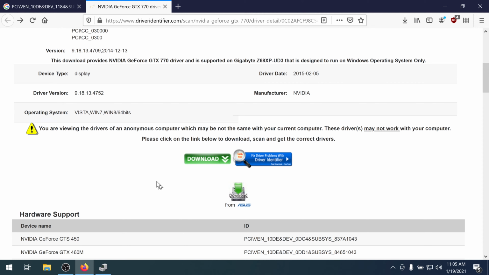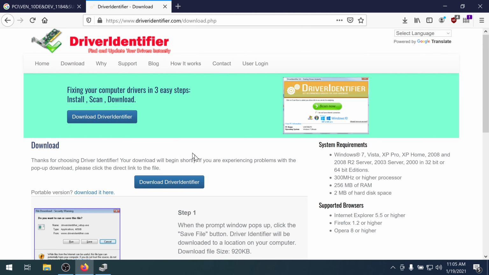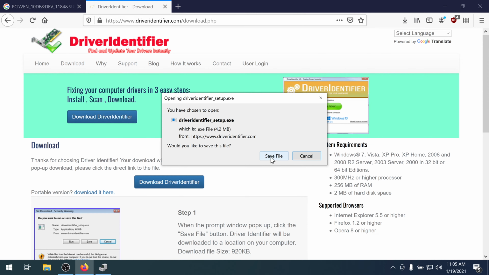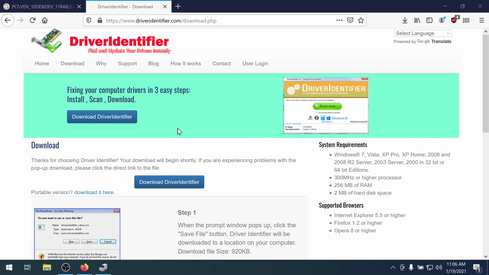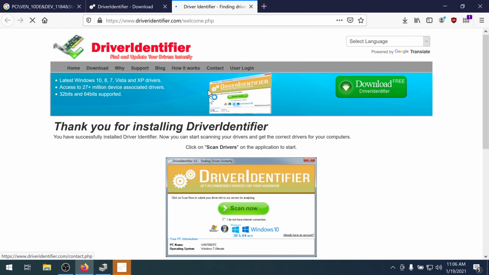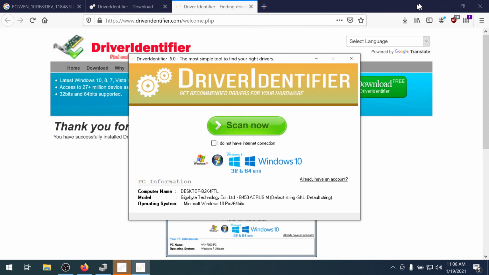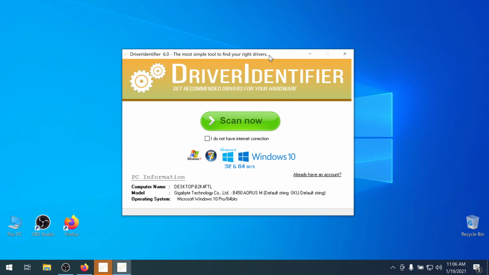Sometimes driver identifier will prompt you to install their software, the software that you can find here. Let's download it and I'll show you what I mean. Save. Okay, this one scans for every driver on a computer if they are, I don't know, non-existent, if they are out of date.